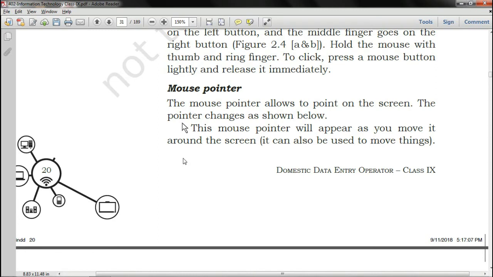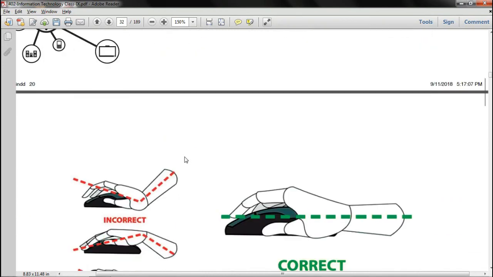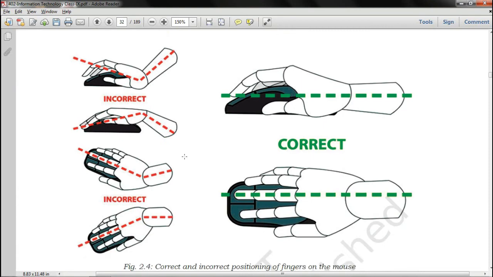So the greenish one on the right side is the correct position, how you should use the mouse without getting fatigued.